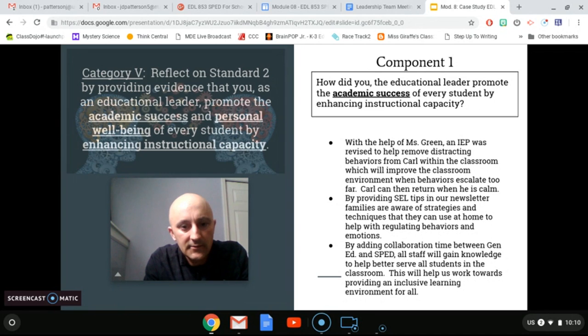By adding in SEL tips into our newsletter, we're communicating with all families different strategies to use at home to regulate behaviors. We're also adding collaboration time between gen ed and special ed staff to gain tips, techniques